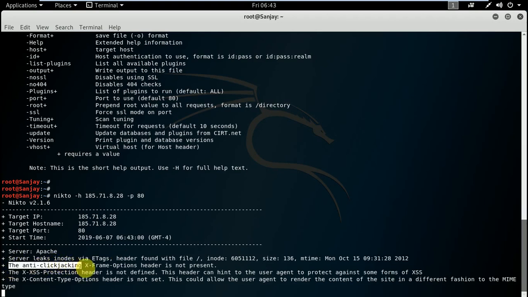Okay, anti-clickjacking: the X-Frame-Options header is not set over here. That should be set to DENY or SAMEORIGIN to prevent the clickjacking attack, in the server-side configuration. The next vulnerability is showing the cross-site scripting header is not defined, so